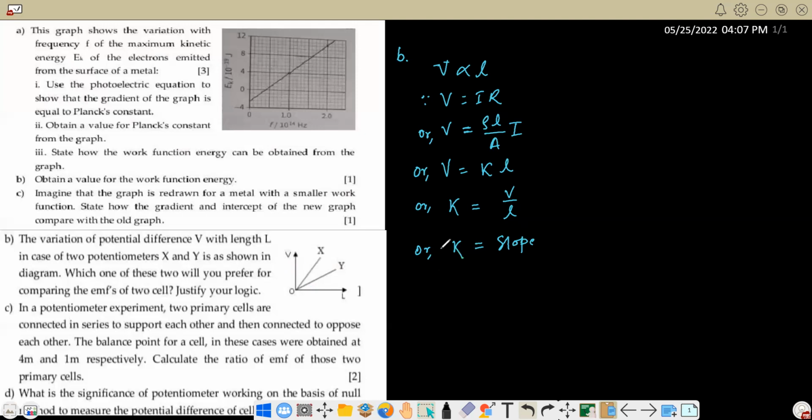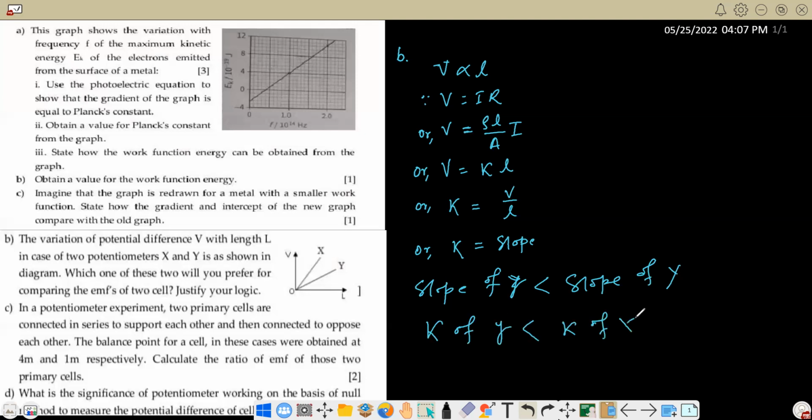So हामीले चुज गर्नु पर्यो भने त्यो मेटेरियललाई चुज गर्छौं जसको यो स्लोप सानो होस्। र ग्राफमा हेर्ने हो भने slope of y is smaller than slope of x. त्यसो भए value of k of y is smaller than k of x, that is sensitivity of k is smaller. That's why y is more sensitive. जति सानो k को भ्यालु हो त्यति सेन्सिटिभ हुन्छ। यसको मतलब सानो सानो भ्यालुलाई पनि यसले करेक्टली रेकर्ड गर्छ।